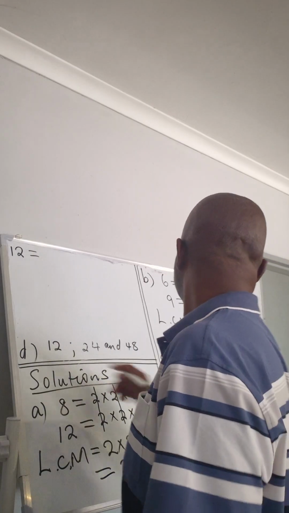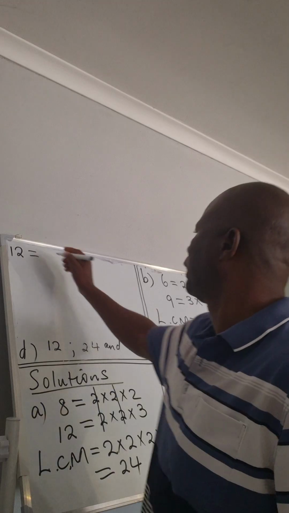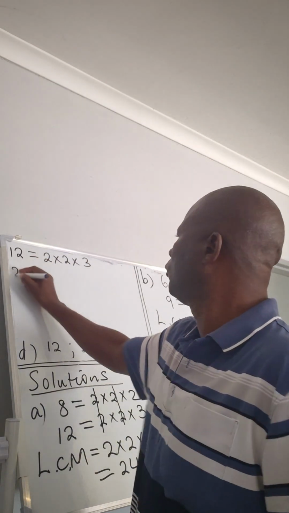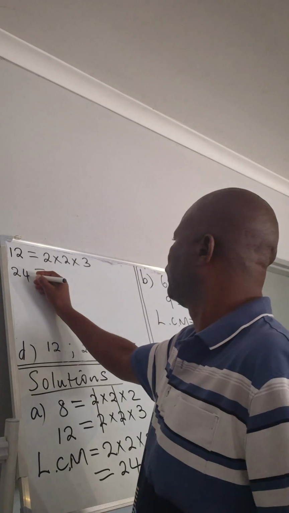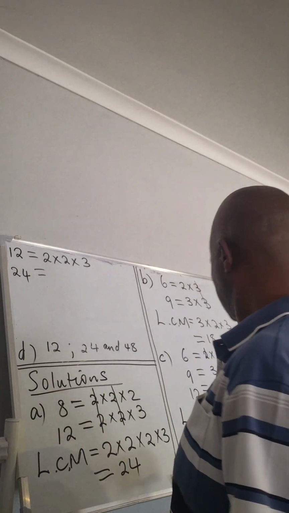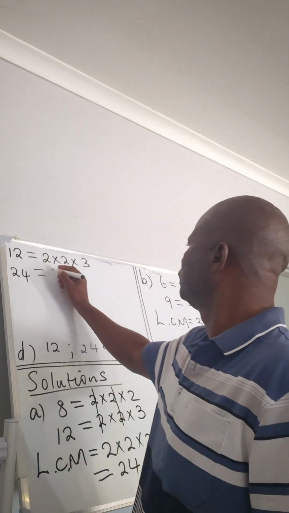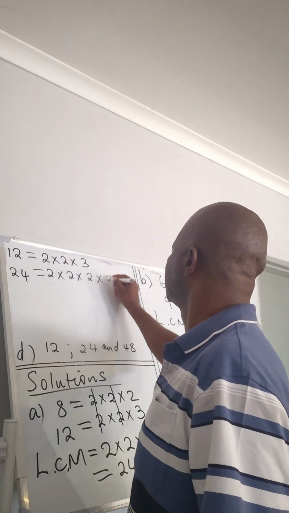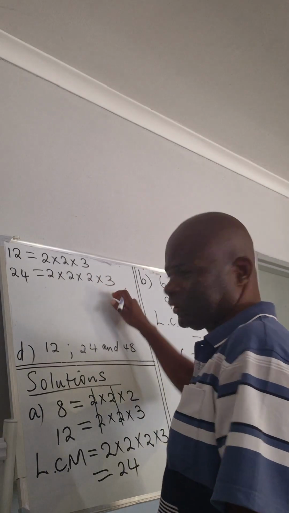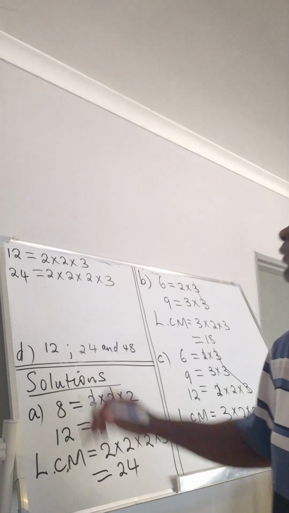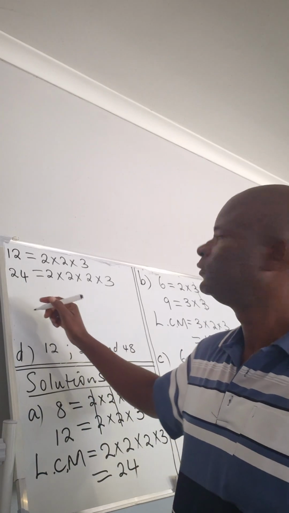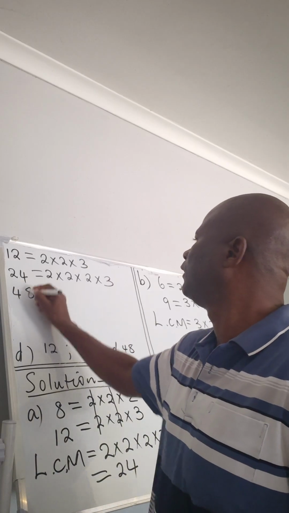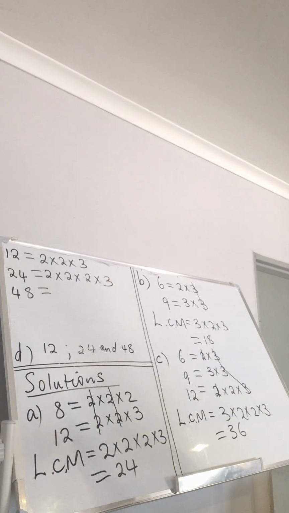12, we've done it. We've done it, there is 2 times 2 times 3. Then 24. We've done it again, I think. No, we did not do this one. So that is 2 times 2 times 2 times 3. In other words, I'm saying 8 times 3. Right, then what else? 48. 48, I'm saying